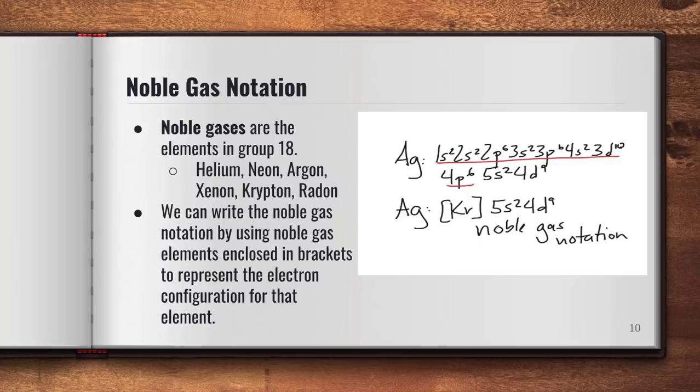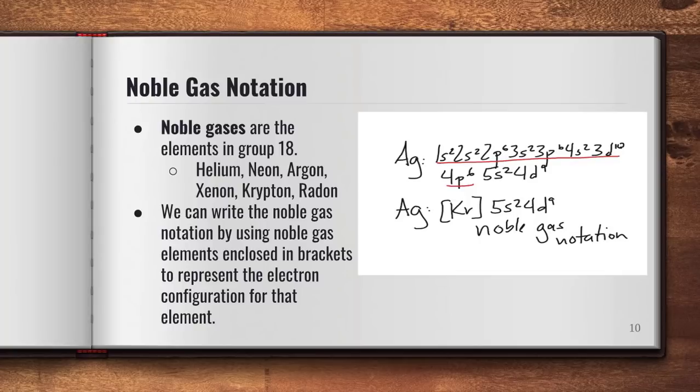So if I look on the right hand side here, I have silver, and silver has a relatively long electron configuration. So in order to write my noble gas notation, I look at the last noble gas I passed. Mr. Lamb said passing gas. You look at the last noble gas you pass, and with silver, if I go back, the last noble gas